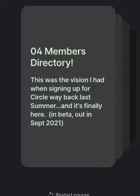But this is the most important feature that they have coming out, which again looks fantastic. I got a quick peek at this earlier today, and it really does look amazing. It's a members directory, and this was really the vision I had when signing up for Circle way back last summer. And I actually emailed one of the founders when I first signed up saying, hey, when is this coming? Because this is really the animating, kind of motivating reason why I'm interested in your software, to have a membership driven platform where your members can have a profile